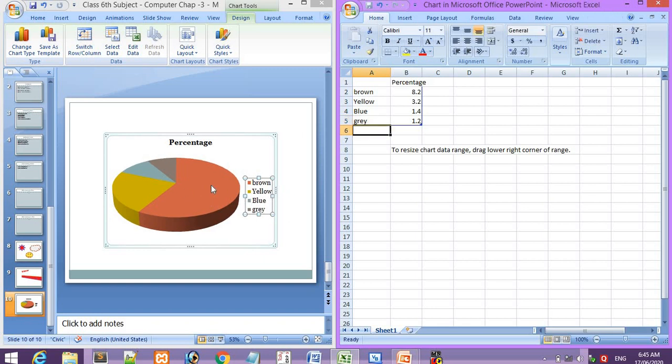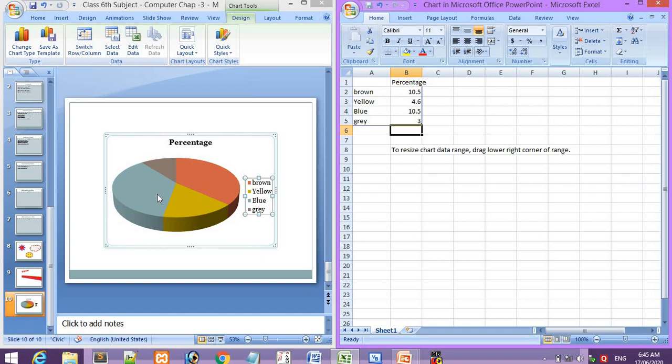After that, suppose I want to change the percentage of the pie chart. I can change it from here, 10.5. So you can see the changes happening on the spot. Here 4.6. See, it is changing now. 10.5. Here for blue I have changed it again to 3. So in this way you can make changes to your chart.